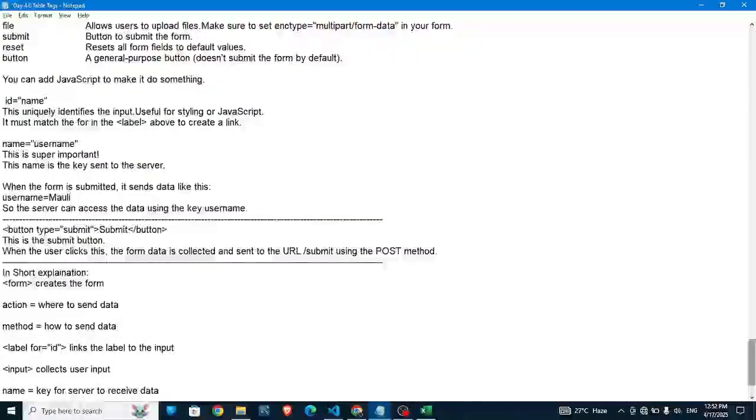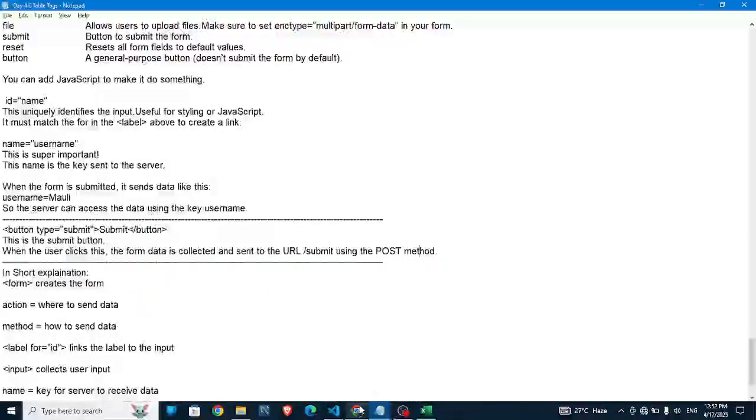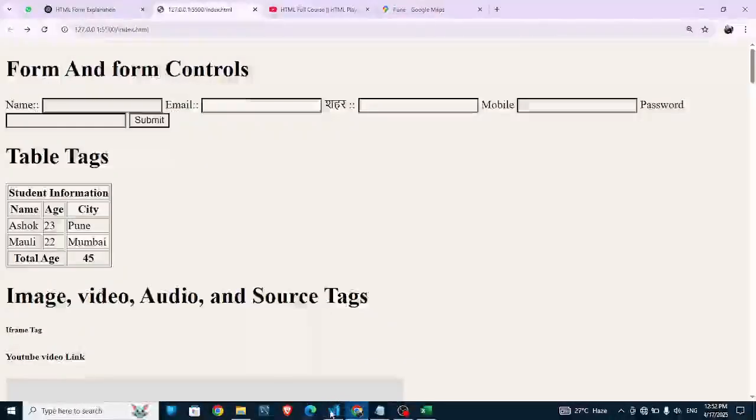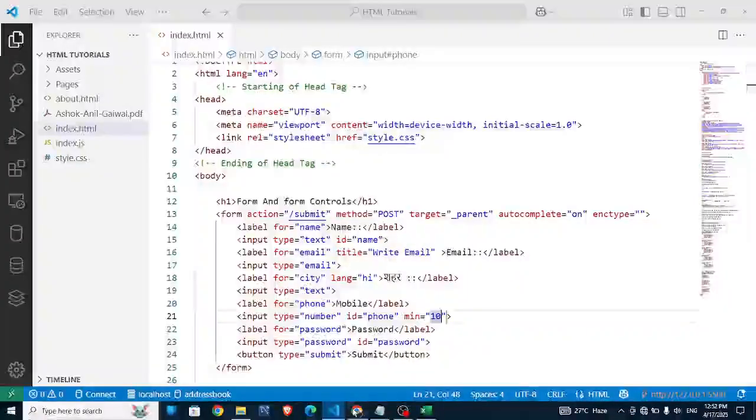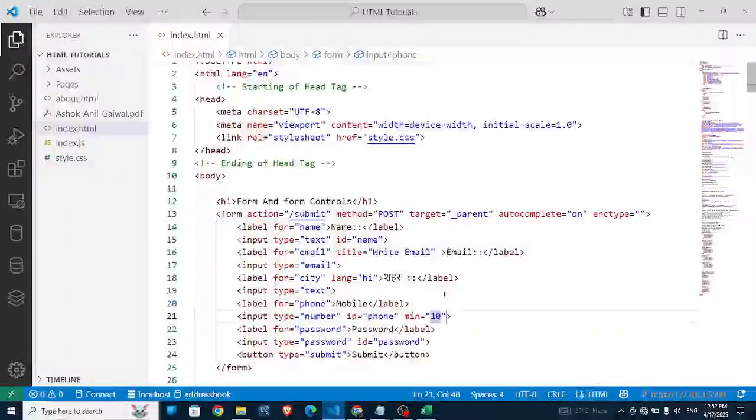अब बटन्स, बटन टाइप, this is the submit button। When user click this, the form data is collected and sent to the URL using post। ये URL की मदद से सेंड किया जाता है डेटा। ओके, ये सबमिट बटन है यहाँ पर। ओके, विल टेक वन ब्रेक हियर। ओके, 1 minute।